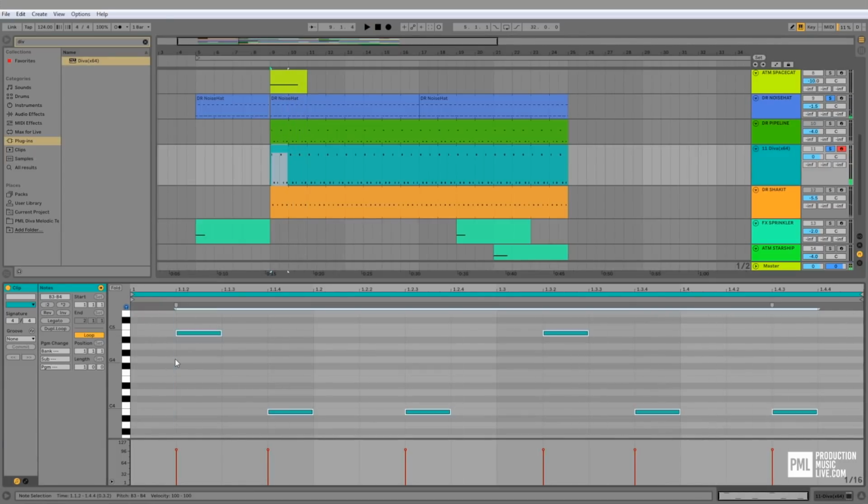Okay, if I put it 2 semitones up, for example, doesn't sound as good. So always take notice of the pitch in your drum sounds, which is very important. And